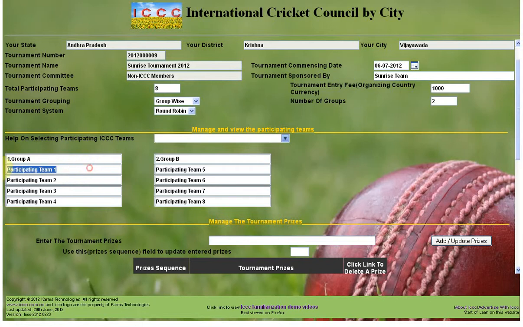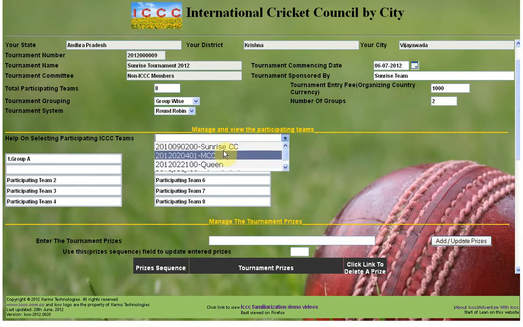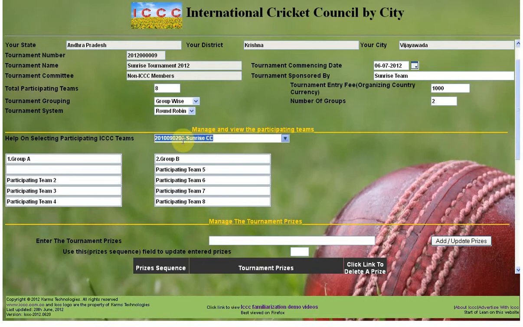All they have to do is delete that portion and take the help of the existing teams, drag and drop. You have to make sure that the first ten are the participating members' names or participating members' numbers, which is basically what they have registered into ICCC.